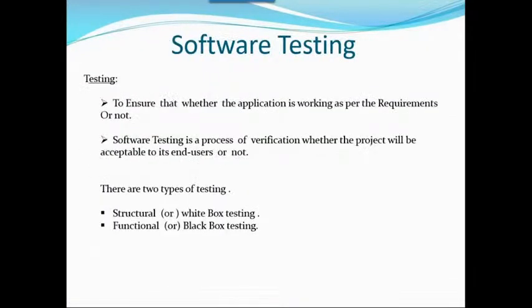So today what we learn is the testing types. There are two types. One is structural, another is functional. The structural testing is done by the developer, and the functional testing is done by the testing team. Why does the developer need to do the testing? Interview question. Yes, they need to check at least one time whether my code is working properly or not before they send it to the QA team. So that's the reason they check the code they have written at least one time.